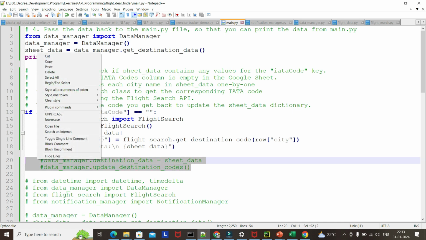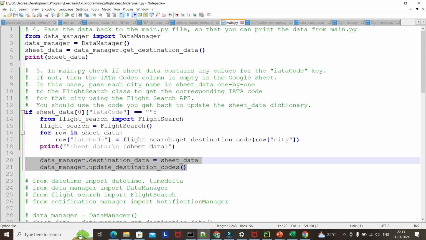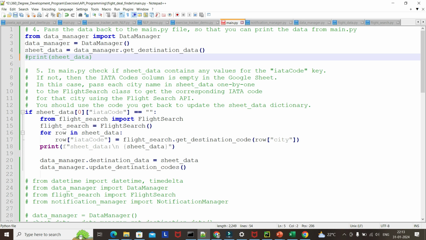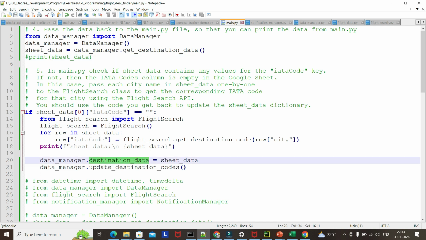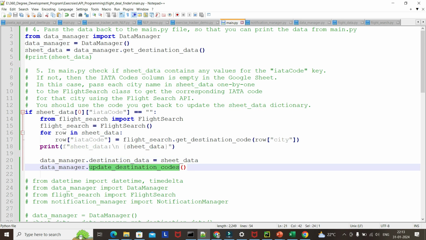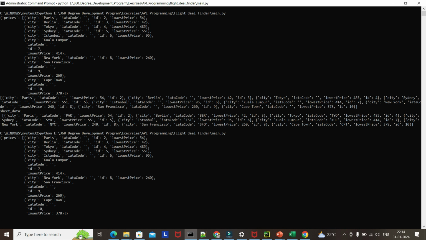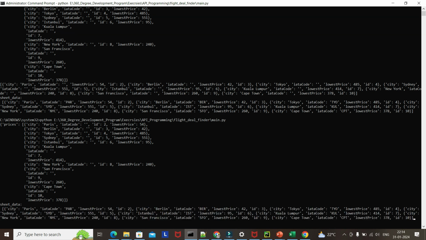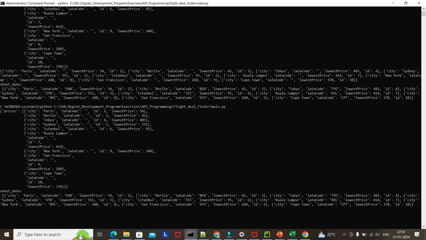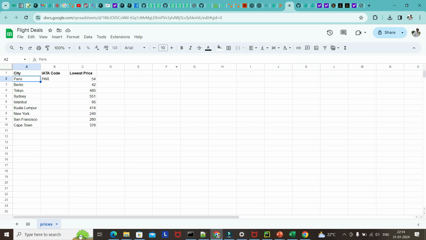So now I comment this out and print this. Now once we have updated data and call this function, whatever was updated yesterday, like testing, testing, testing, it will update it with all the IATA codes. Now it is updating. So if I go here,